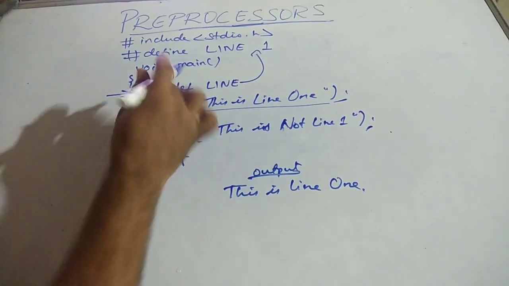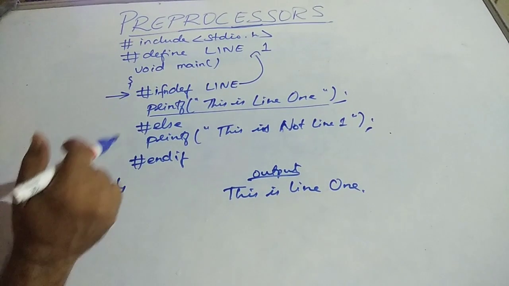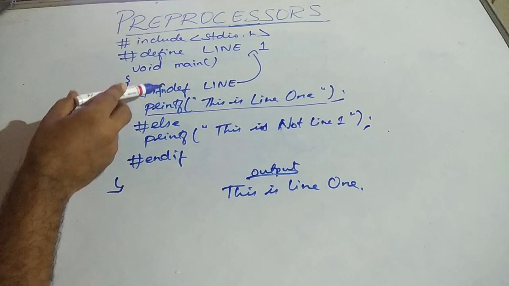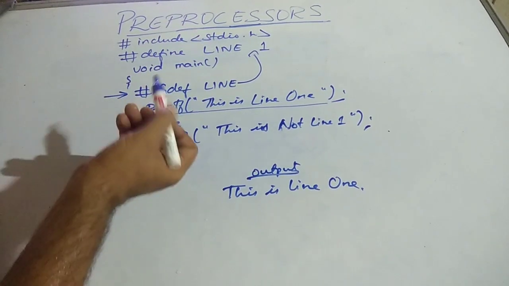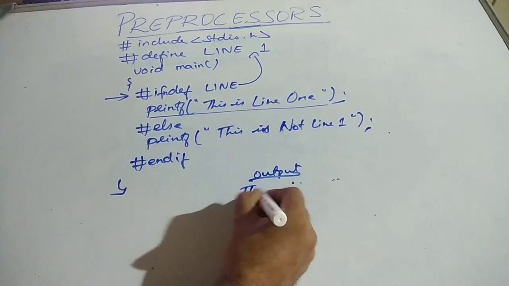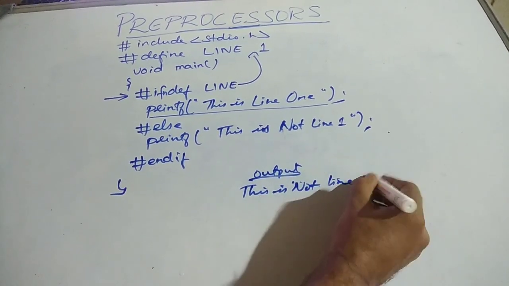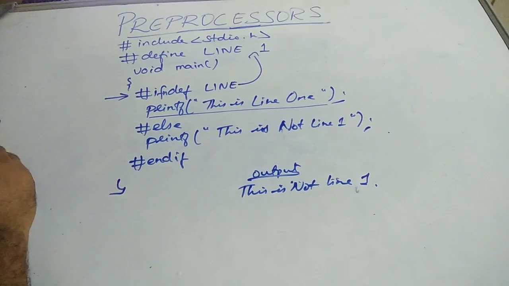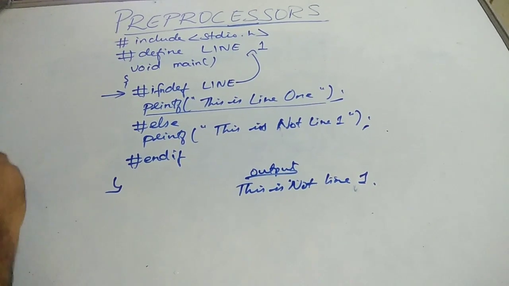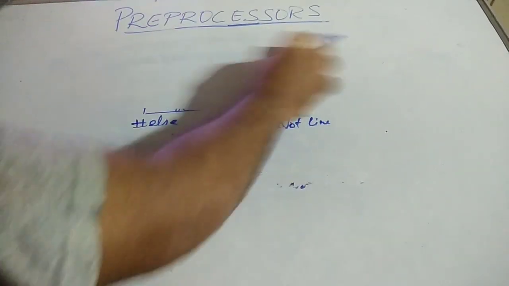Similar to this, there is one more thing. If n defined, if here only make change, means if the macro is not defined. Is it clear? So that can be written by using n there. If not defined. So here what happens if not defined line is defined. So what happens? Condition become false. So for if not defined, what happens? You will get the output as this is not line 1. Is it clear, all of you? So you can go for two types. One is if defined, or you can also go for if undefined, that is not defined. Is it clear? So these are the different types of preprocessor directives which are supported in your C program.